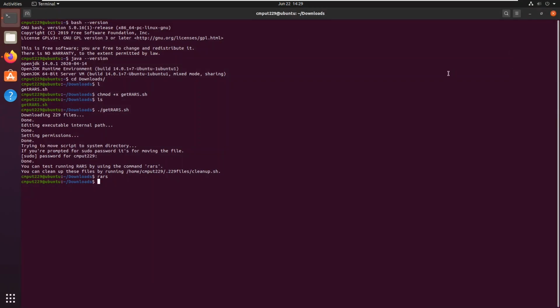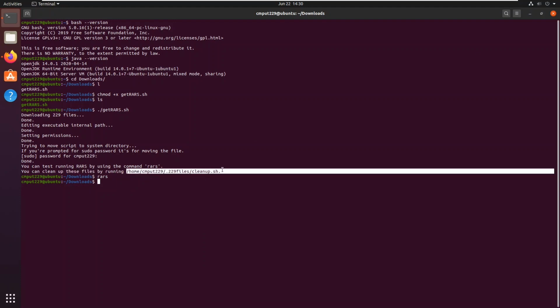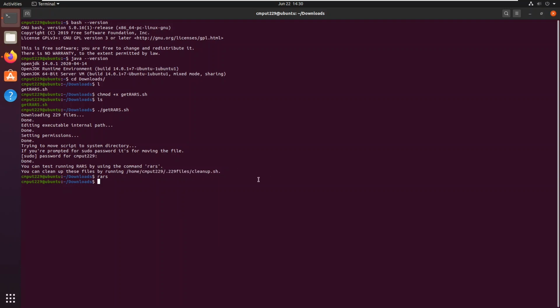Now, let's say for whatever reason you want to uninstall RARS. Maybe the course is over and you just don't want it on your machine anymore. What you can do is run this script directly. However, let's assume that it's been a while since you've installed it and you don't have this off by heart. In your home directory,